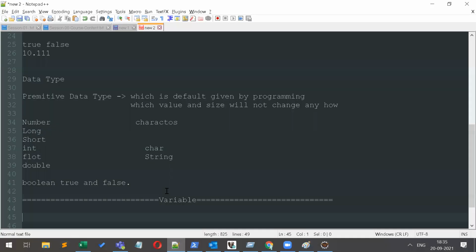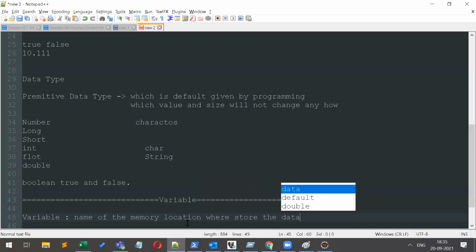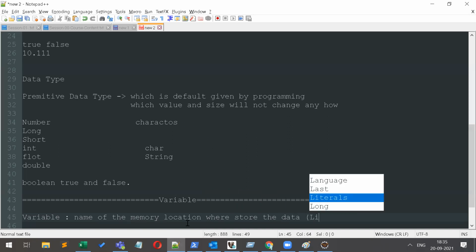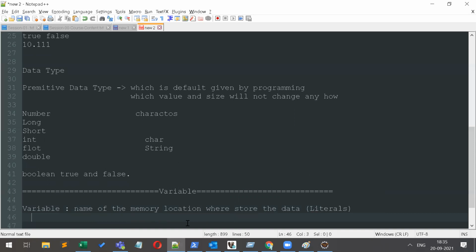The name of the memory location where we store the data is called a variable.